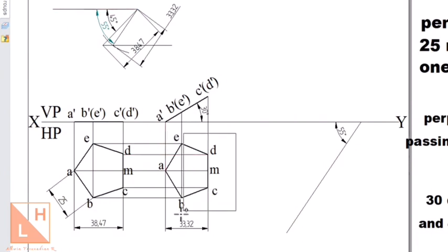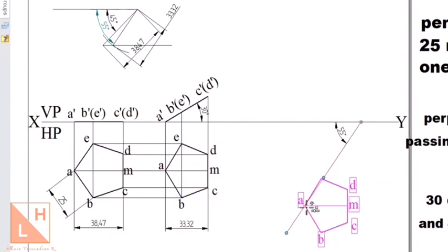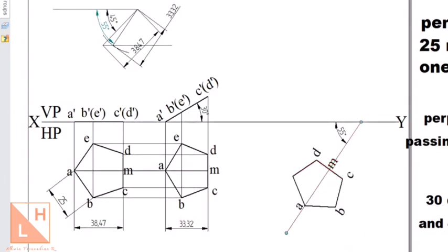Now we can copy this top view in the second position and paste it on this 55 degree line. And then we can use the rotate command. Select the point A first and M second and incline it at an angle of 55 degrees. One alphabet is skipped. We can again copy that using the copy.